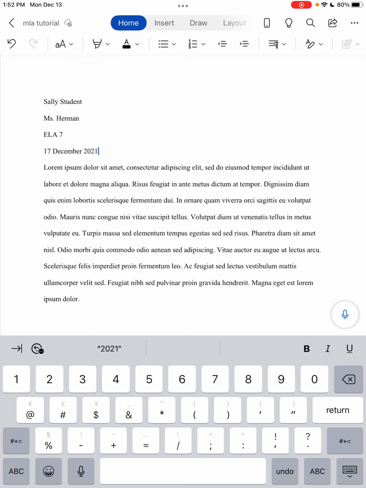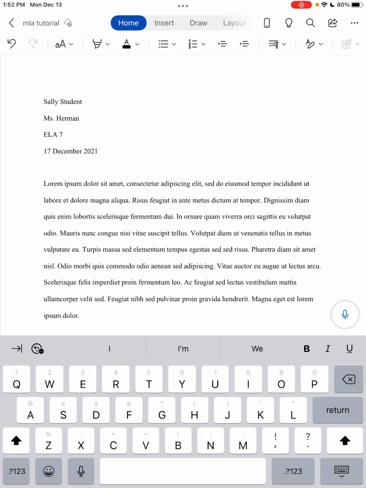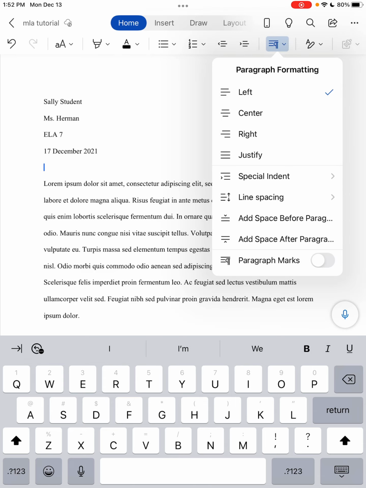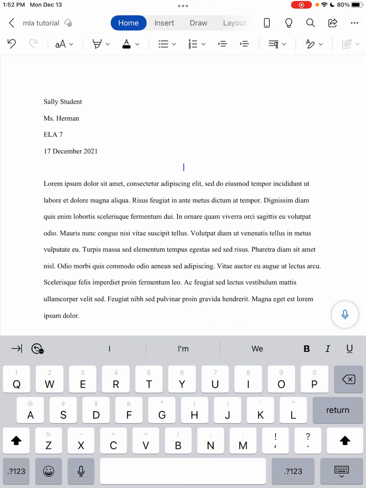Next up, let's go ahead and do our title. So to center this line here, because you want your title to be in the middle, same thing, go to the paragraph symbol up here, click that, and go center. And I specifically say that I want you to title this as either